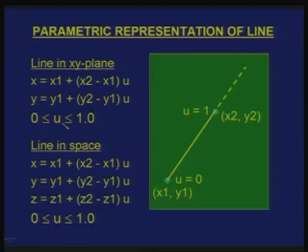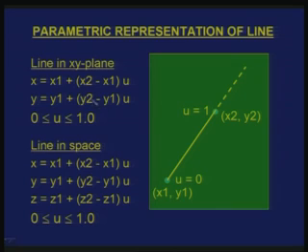The same equation can also be used to represent, let us say, a line which extends infinitely. In that case, you just change the parameter range for u. You say that u varies from minus infinity to plus infinity. So, I have the same form as y is equal to m x plus c, which is commonly used. And this kind of representation is useful in many ways, particularly in finding the intersection of a line with various entities, okay: the intersection of a line with a line, a line with a circle, a line with a surface, or a line with a solid. We use a parametric representation quite often, and this form is very useful.